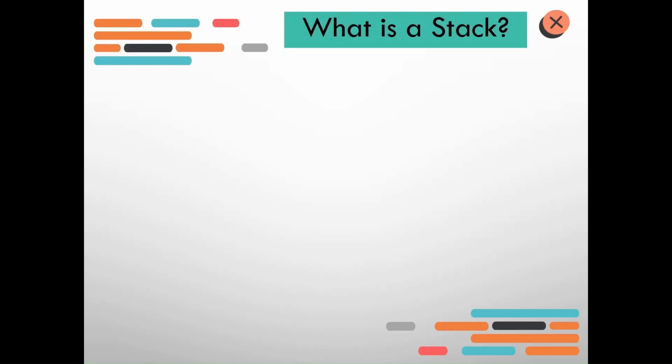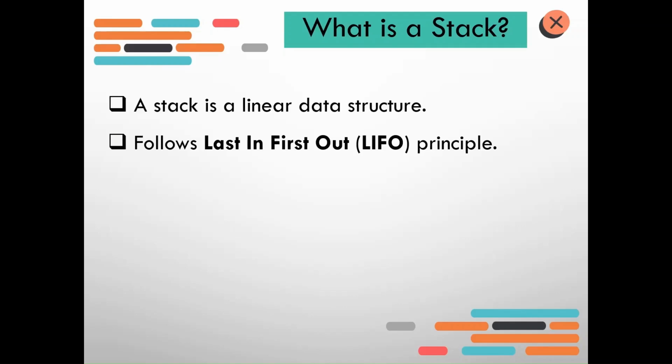Part, let us get to know what a stack basically is. A stack is a linear data structure, as was the case with arrays, or as is the case with queues. Linear data structure generally means that you have some sort of association between the elements. Each element is associated with the previous element or the next element, as you'll be seeing in the coming slides, right? So it follows the last in first out principle. That means the last element that goes into a stack would be the first one to come out of it,